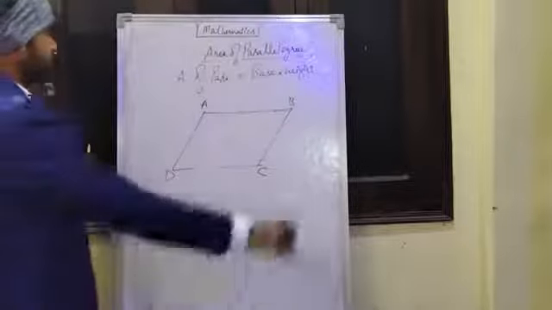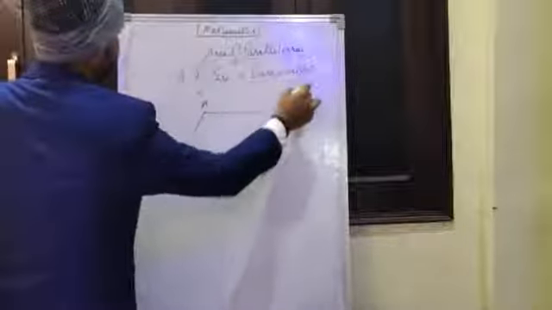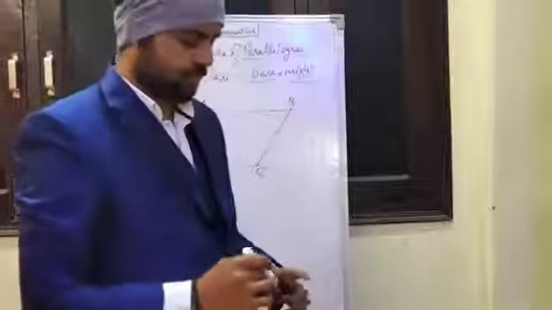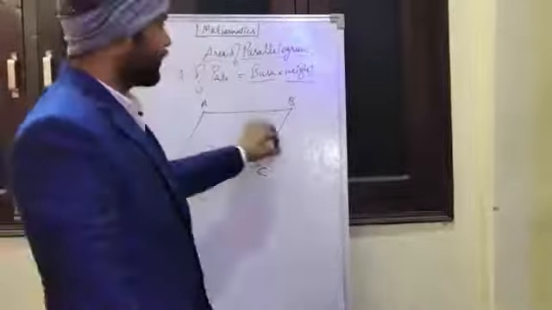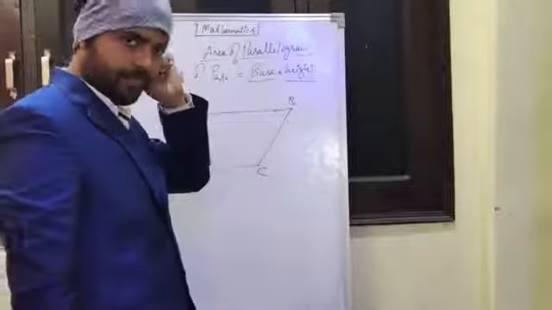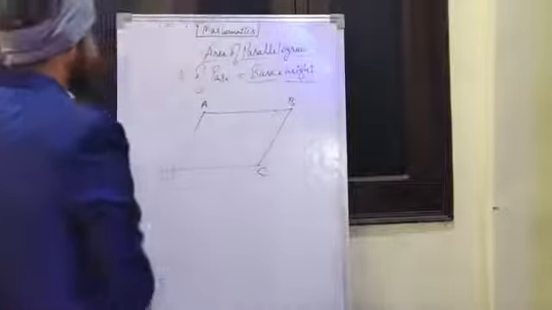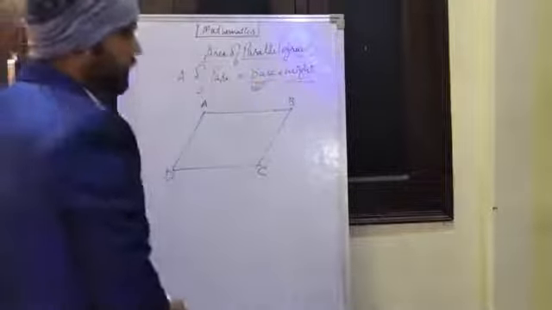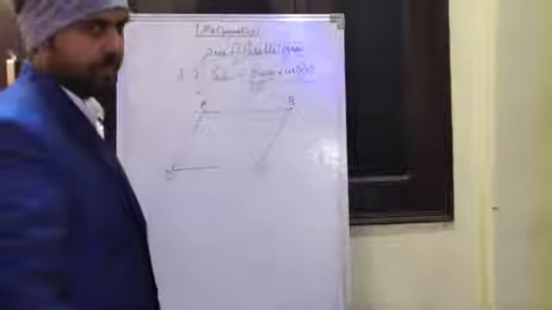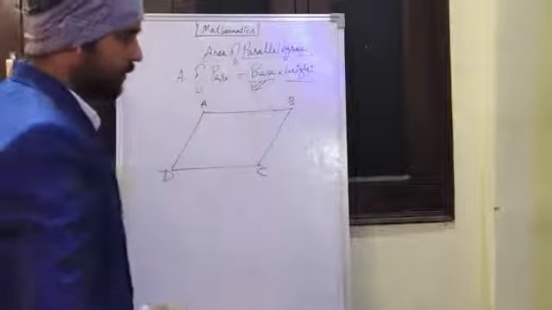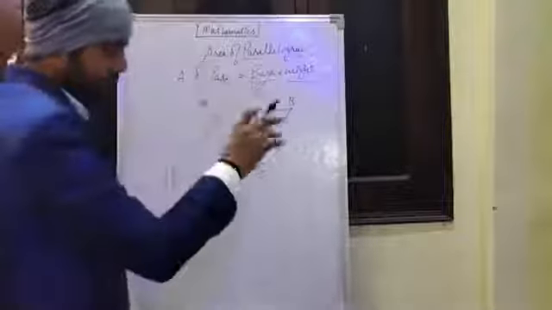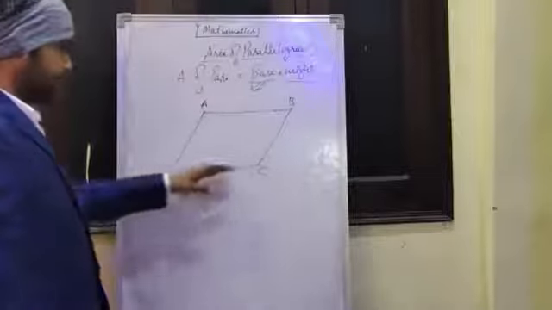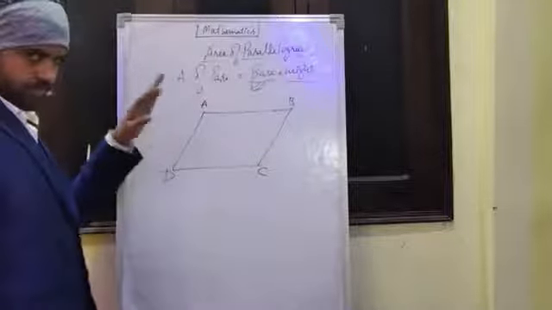Fine. Let us discuss what is base and height, because here you will get confused if I change the orientation of this parallelogram. So base is a side of the parallelogram. Please take this as base is the side of the parallelogram. It can be any side. Among these four sides, the base can be anything. It is not necessary that the base is the line at the bottommost. No.